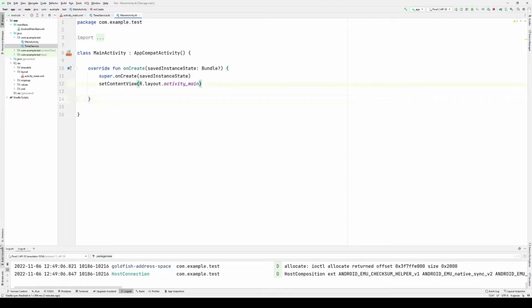So I will call startService from my button, and now we'll see what we get. So at this point, I will click start.